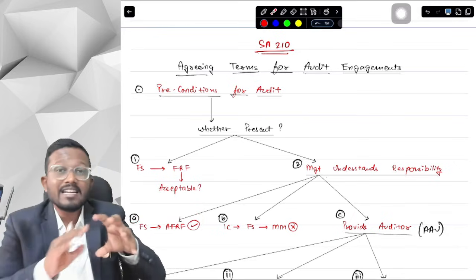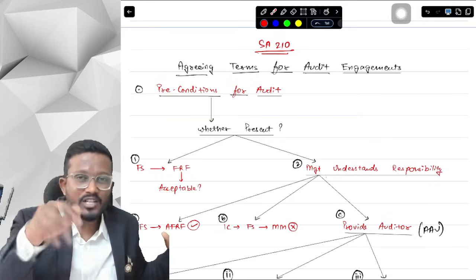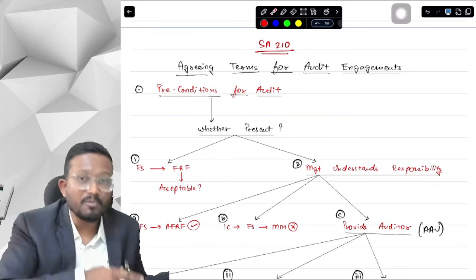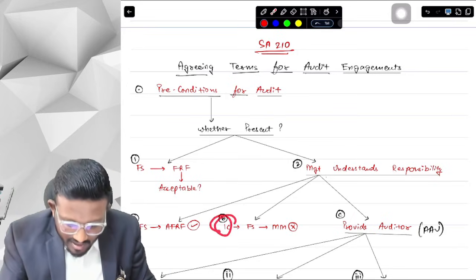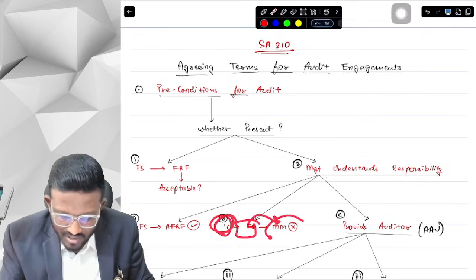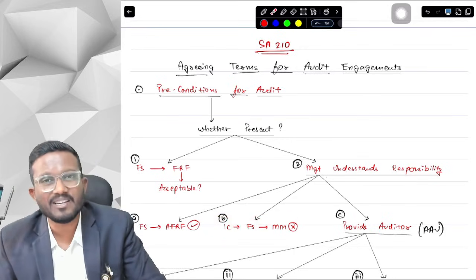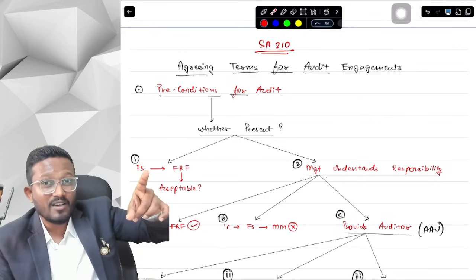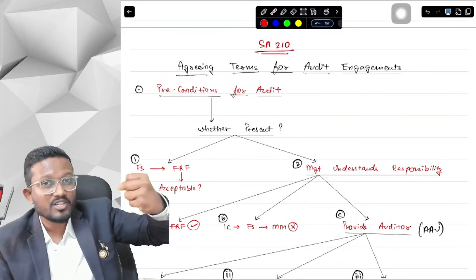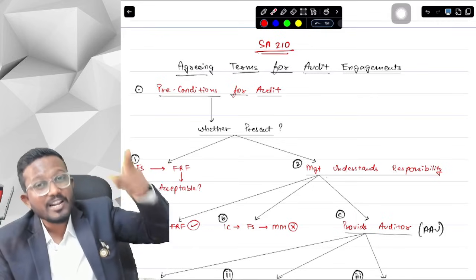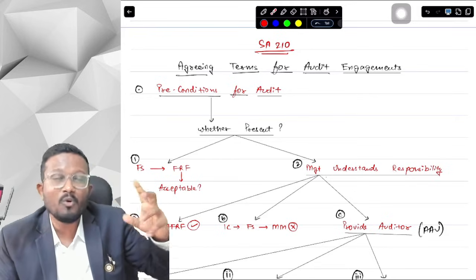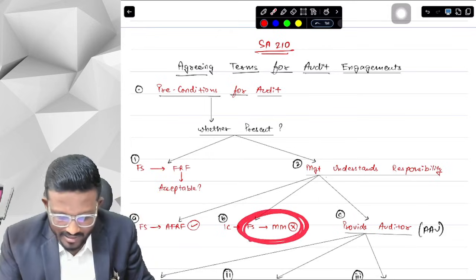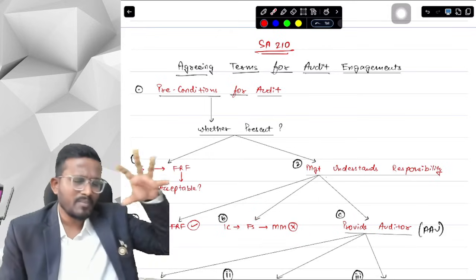Secondly, if the internal controls are themselves wrong, then the financial statements will obviously be wrong. So management has the responsibility to maintain such internal controls that the financial statements do not contain any material misstatement. The first primary responsibility is to prepare financial statements as per FRF, but if internal controls are wrong, then financial statements will be prepared wrong. Therefore, management has a responsibility to maintain internal controls so that the financial statements do not contain any material misstatement.